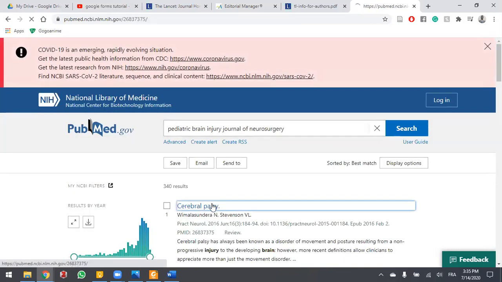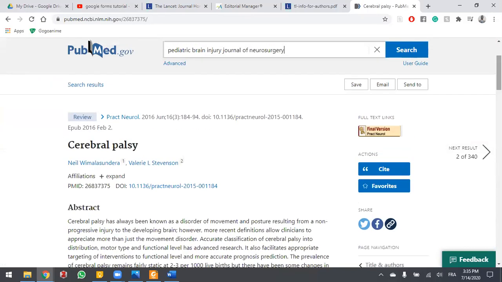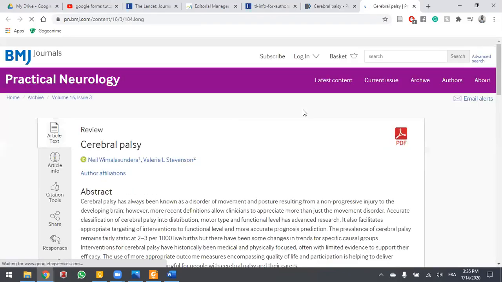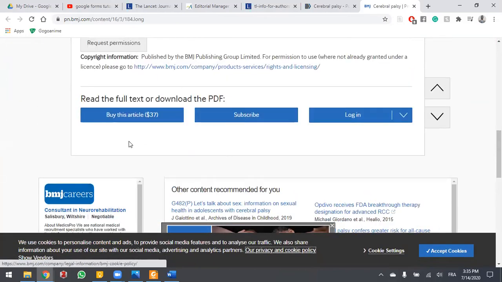Let's take this one. Let's see if this is one of them. Right, so this is a subscription-based journal. If I want to access this article, I need to pay $37.